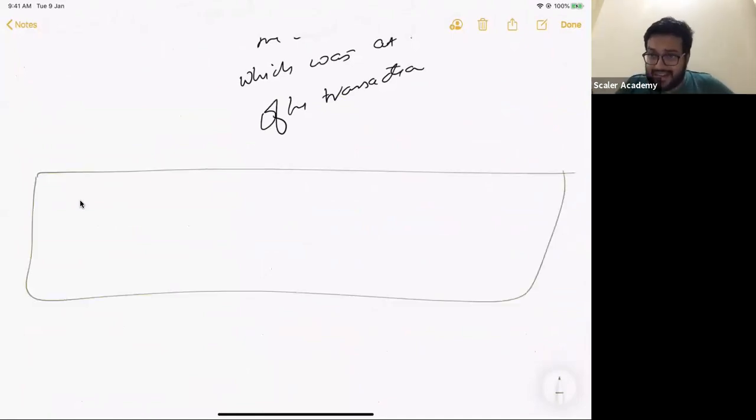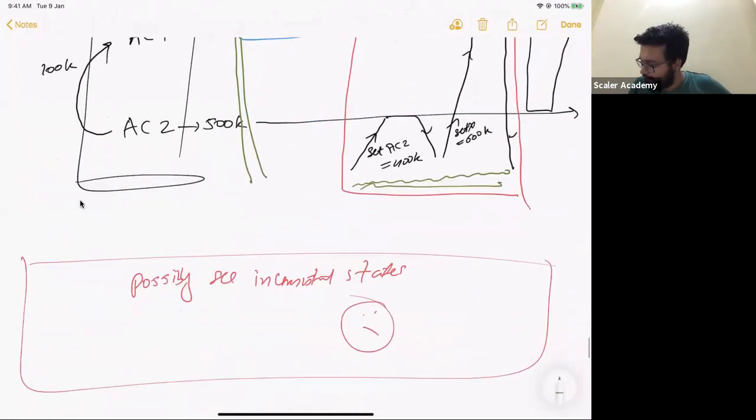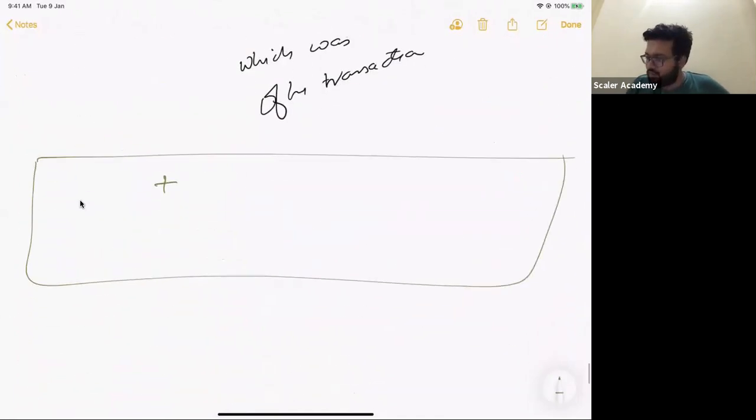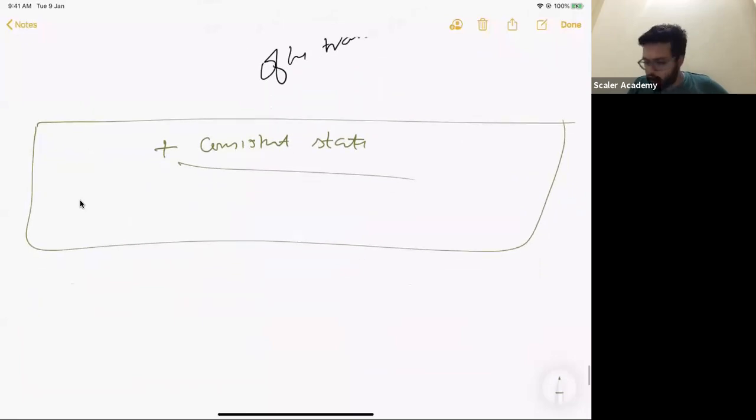Just one added guarantee that it gives you over the previous isolation level is that whatever you read is always going to be consistent. So there we read that possibly you can see inconsistent states together. Here, whatever you see is going to be a consistent state only. It may not be the latest state, but it will definitely be a consistent state. Cool.